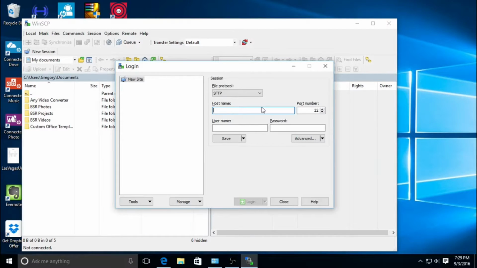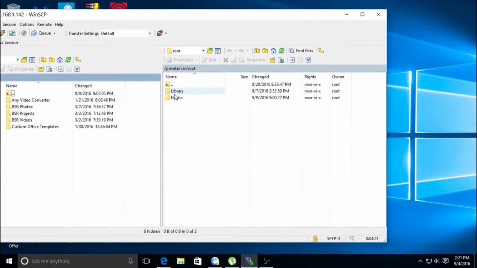I'm going to skip over this part so you don't have my IP address for now, but I'll still log in. And then in the username, you're going to put root and then password ALPINE, Alpine. Okay? And then you're going to log in. I'm going to do that now. Okay, so once you get logged in,